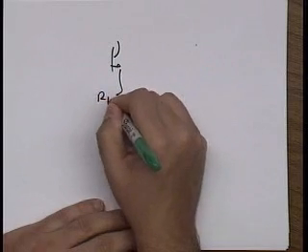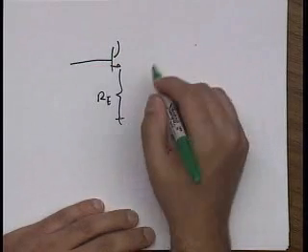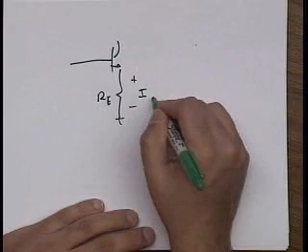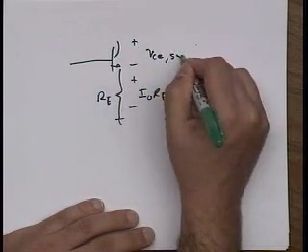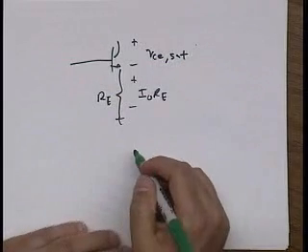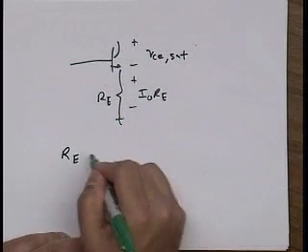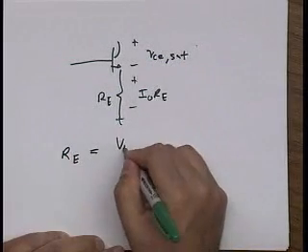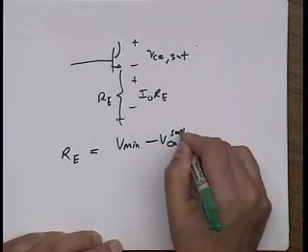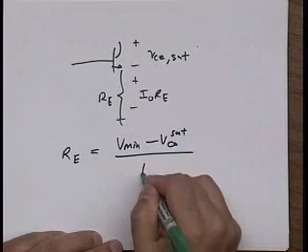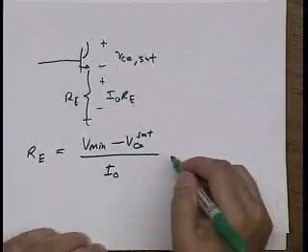This is my RE, and the minimum voltage that I can get is I out RE plus VCE sat. So I can write that RE is V min minus VCE sat over I out,